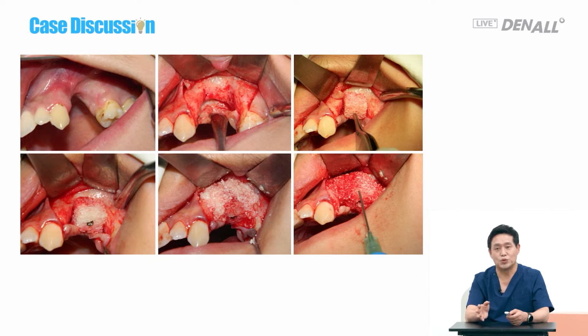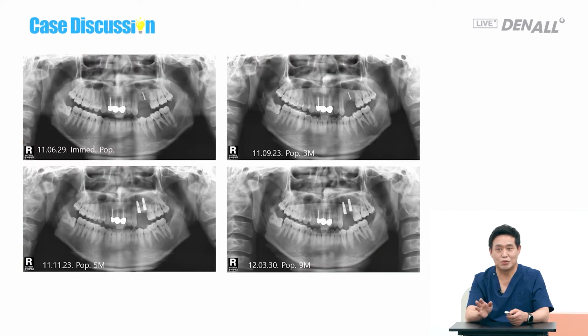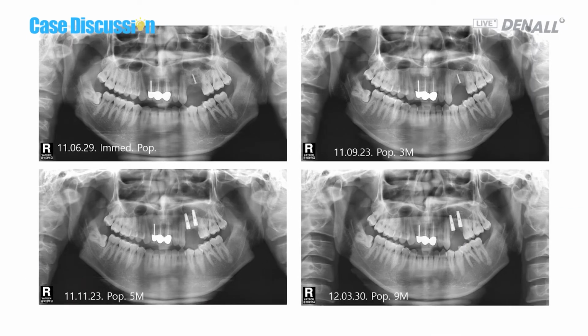The block bone is fixed and it is covered with allogenic bone and is fixed with a fibrin glue, and collagen membrane covers that. Implants were placed 5 months later. You cannot see it clearly here, but the bone graft could not be maintained properly because it was allogenic bone. At the time, we had the issue of mad cow disease, so another graft was done using beta-TCP, but it is resorbed. On the X-ray, on the top left, allogenic block bone was fixed with a screw, and during 5-month follow-up,